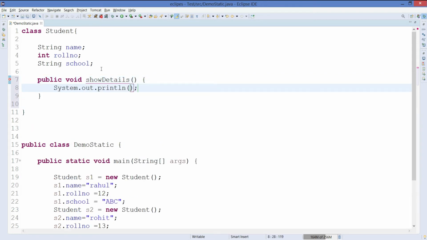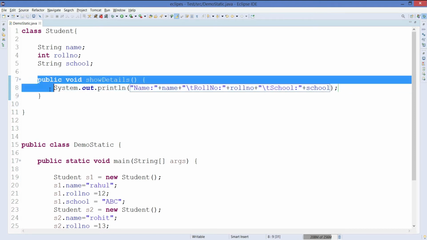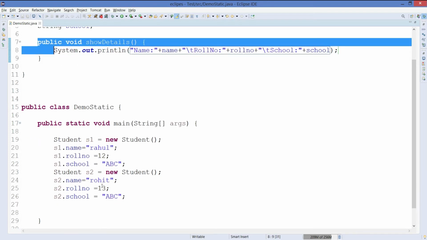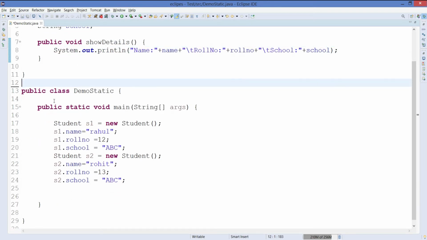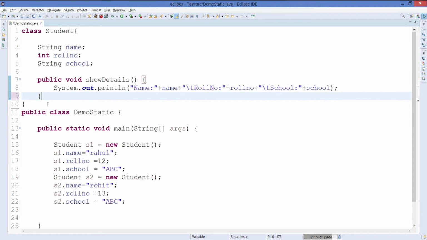In this we will have a simple print statement in which name, roll number, and school name are mentioned. So we have created a method which is going to print all the values that we have stored for both the objects.